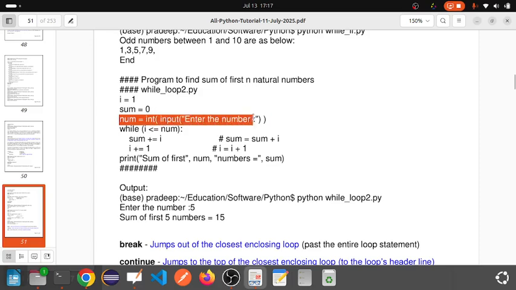Again, I take a number from the keyboard here, then I test while i is less than or equal to num. Suppose I take 5 from the keyboard, then it will check while i less than or equal to num, means 5. i is 1. It will check 1 is less than or equal to 5. It is true. True means the body of the while loop,